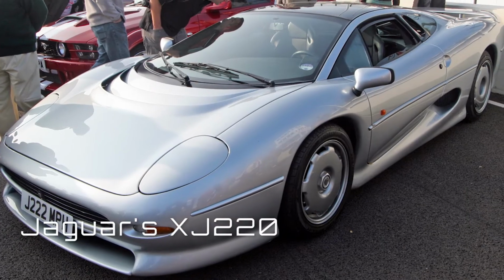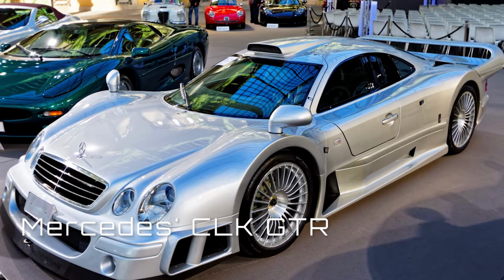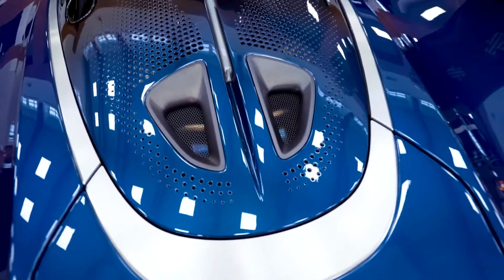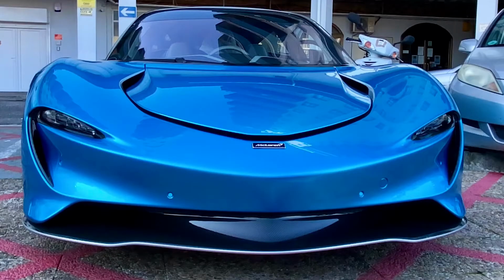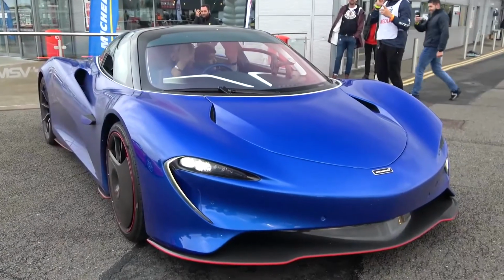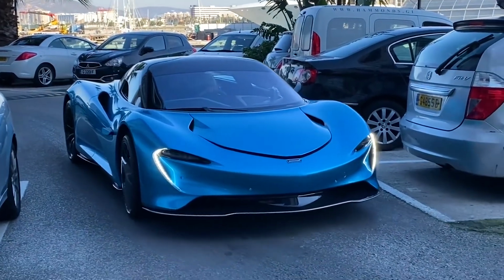Jaguar's XJ220 and Mercedes CLK GTR are two cars that come to mind when you see the carbon wheel covers mounted to the 20-inch front wheels. A huge rear diffuser houses the exhaust tips, a vertical brake light adds a cool futuristic element, and the front headlights appear to be Aston Martin-esque until you observe the running lights that bend downward into the radiator vents, bringing the McLaren swoop element into play. The Speedtail's